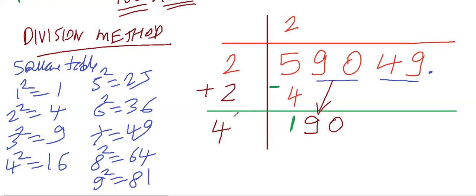What is the next step? Next step, you will make this box here, and you will make this box here. Then you will write some number in this box and multiply that number until you get 190. So what I'll do, I will first try with 0. So I'm trying with 0.